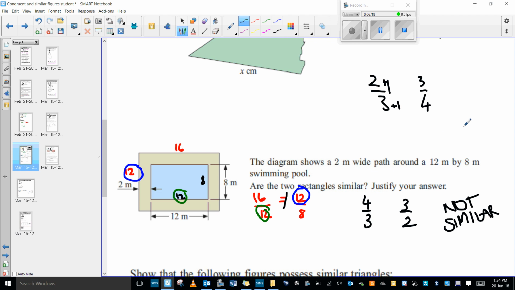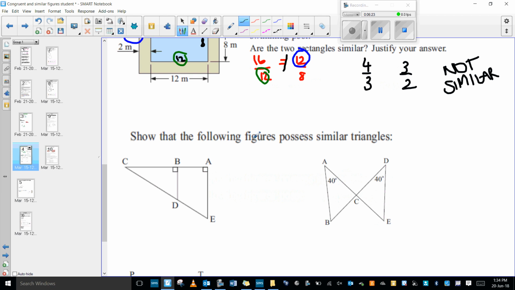Yeah, we understand. Okay? Show that the following figures possess similar triangles. Oh gosh, these are quite a lot. Okay, let me